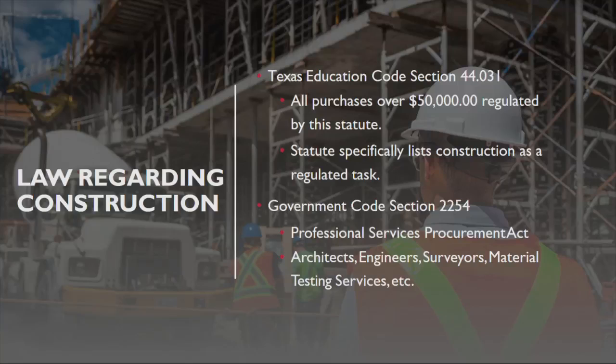statutes that regulate construction. The first one is Texas Education Code, Section 44.031. I think a lot of people hear 50,000, 50,000, 50,000. The reason why 50,000 is so important is because Education Code 53.031 subsection A says, and if everybody flips to page 1 of their package, I underlined the relevant section, it says, all school district contracts, meaning everything that this school board ever passes, for the purchase of goods and services valued at $50,000 or more.